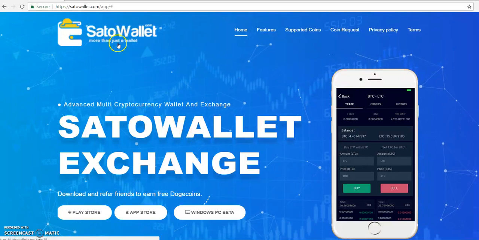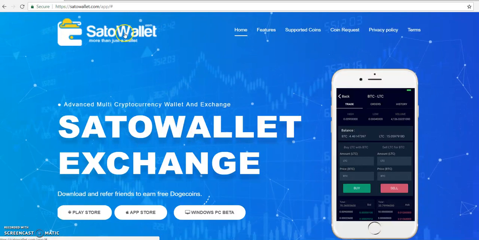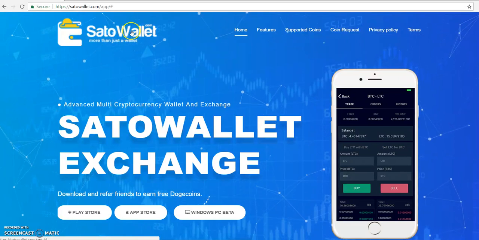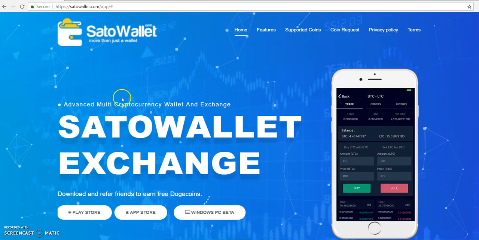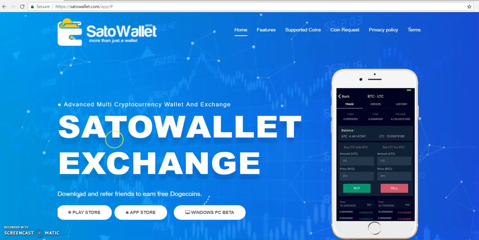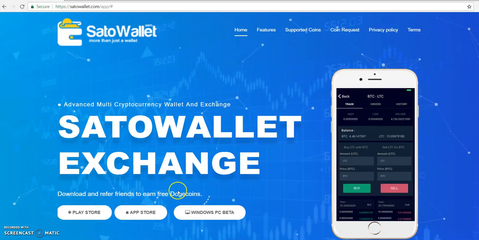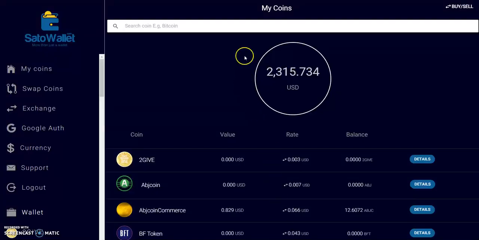So first of all, we go to the SatoWallet website, that's www.SatoWallet, and download the apps from there. There are three versions of the app: one on Play Store, one on App Store, and the PC version. We're going to use the PC version because right now I'm in front of my PC and I've already installed it. So all you need to do is sign in